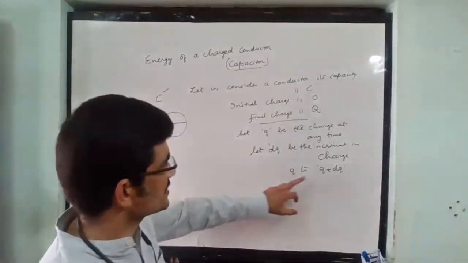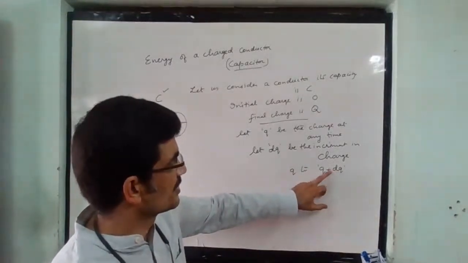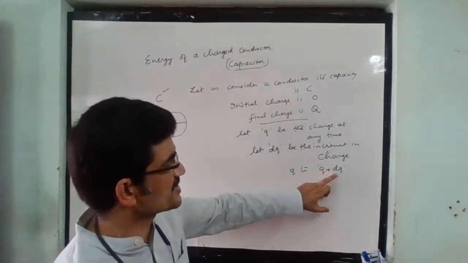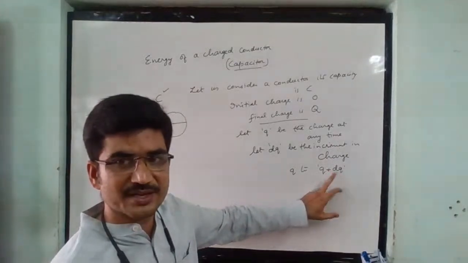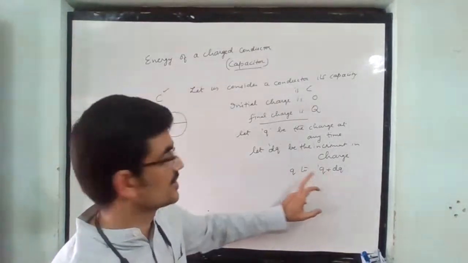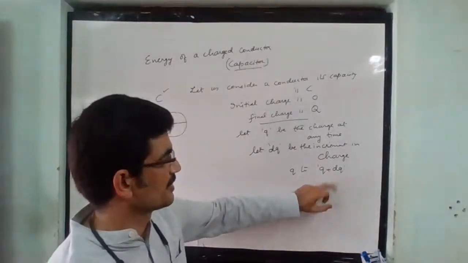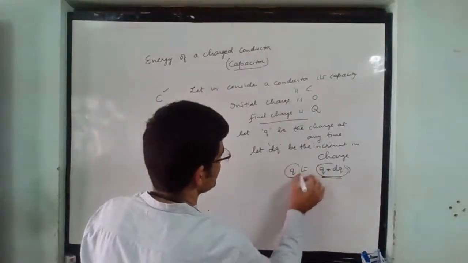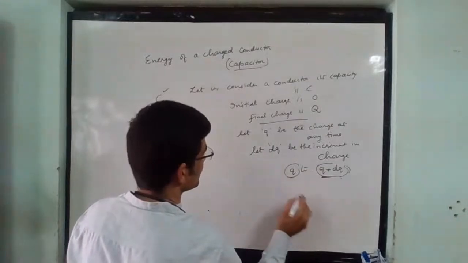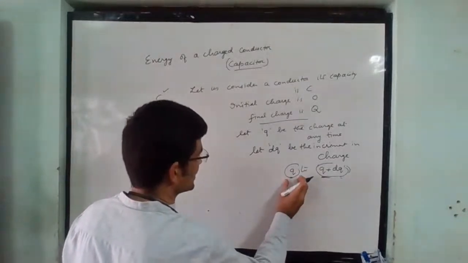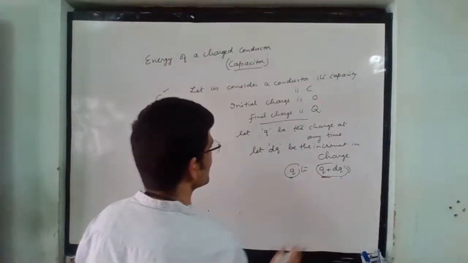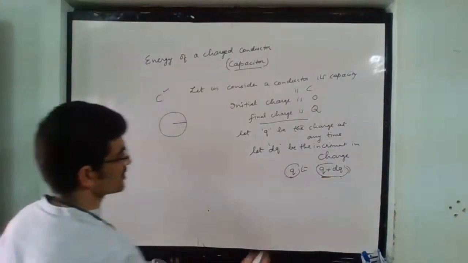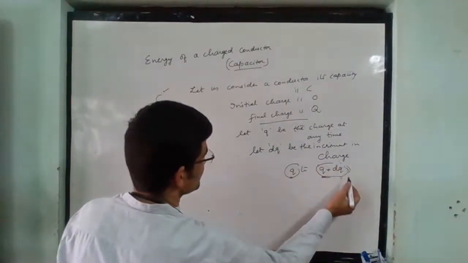Okay, so this is the small increment dq. So q to q plus dq. That is the charge. When charge is q and it is increased to q plus dq, there will be some work here. So when the charge is q